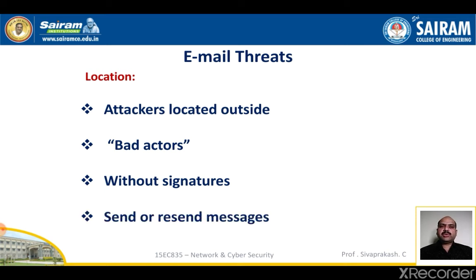They may also possess a mailing list, greeting cards, or other agent that legitimately sends or resends messages on behalf of others. These are the ways the locations are identified in the email threat. Next, we will move on to the